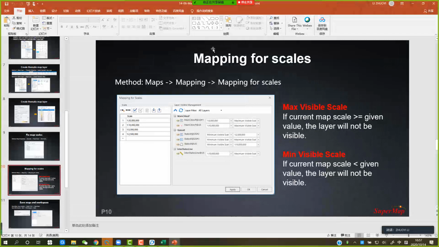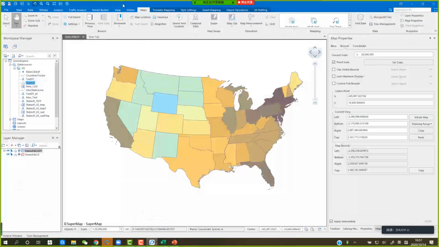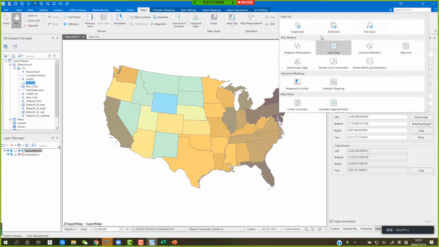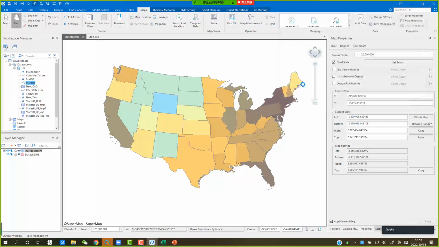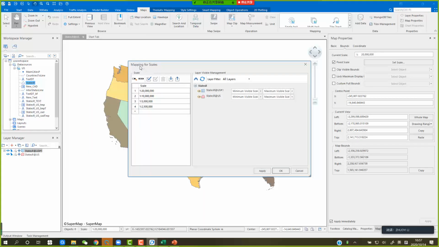Let's find it in the Maps tab, and we can find the Mapping group. We can click the drop-down button to find the mapping for scales in the advanced mapping, and there is the mapping scales button. Click this, and we can set the